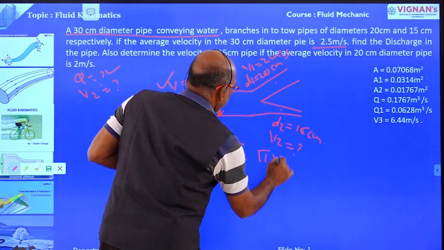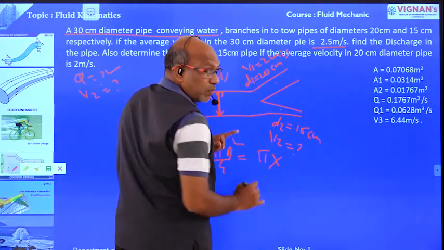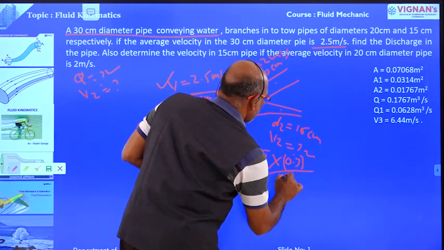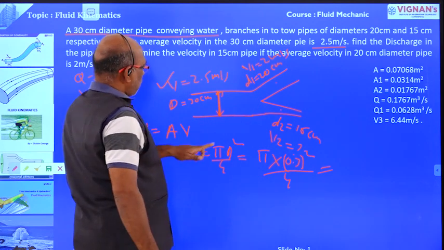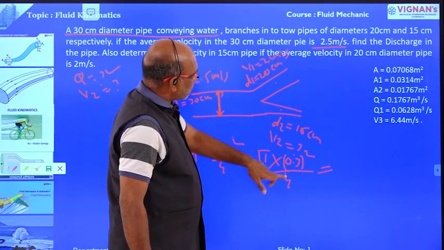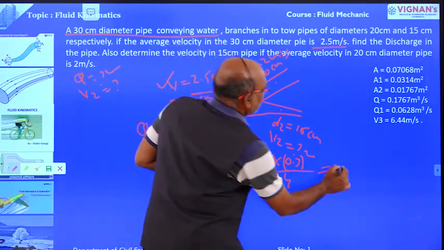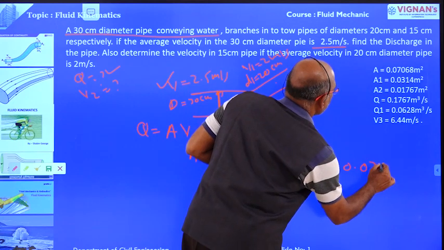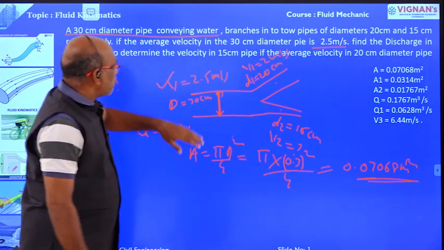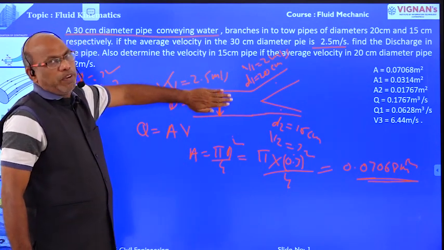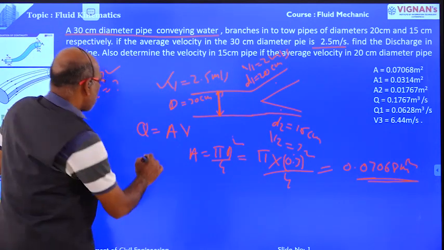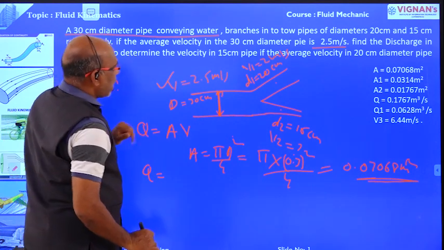That is equal to pi into the diameter, 30 centimeters, converted into meters, that is 0.3 meters, whole square, divided by 4. So pi times 0.3 whole square divided by 4 gives the area, equal to 0.07068 meter square. Now we have determined the cross-sectional area of the main pipe. And the velocity in the main pipe they have given, 2.5 meters per second. Therefore, discharge Q is equal to area,